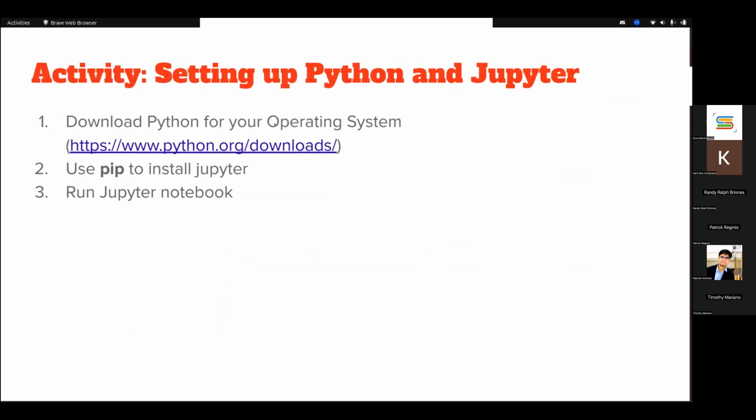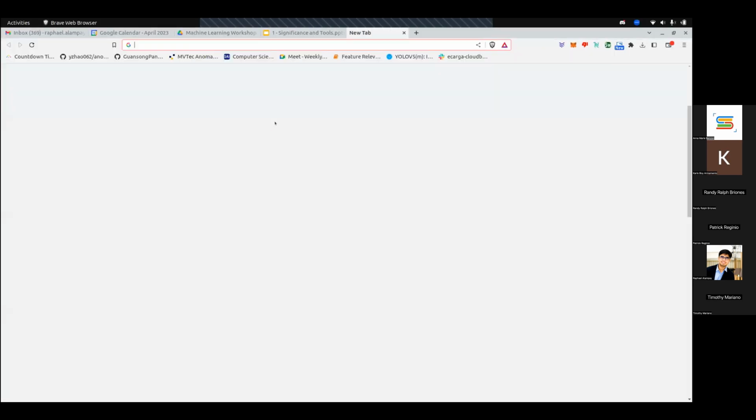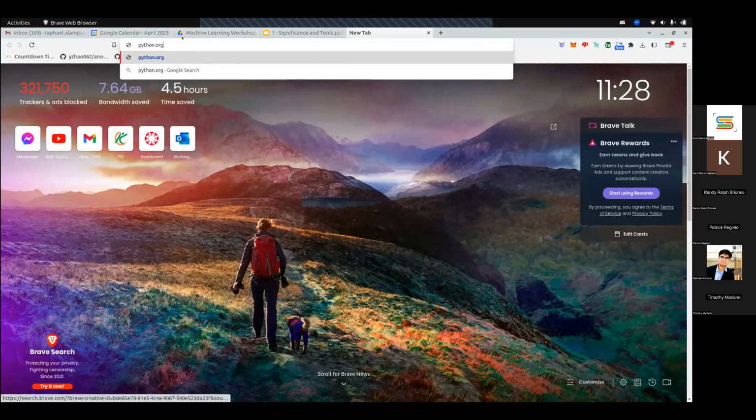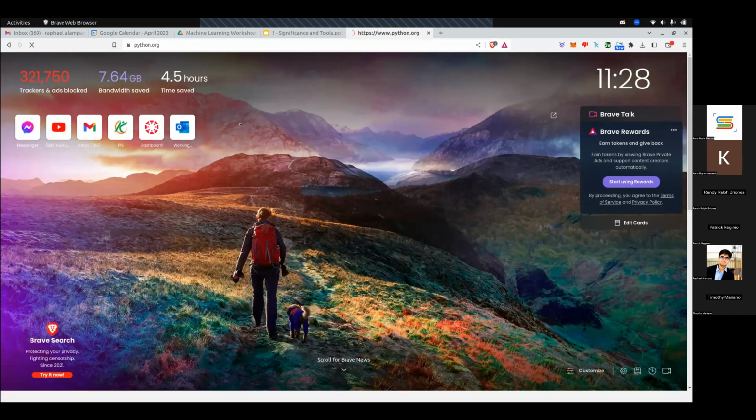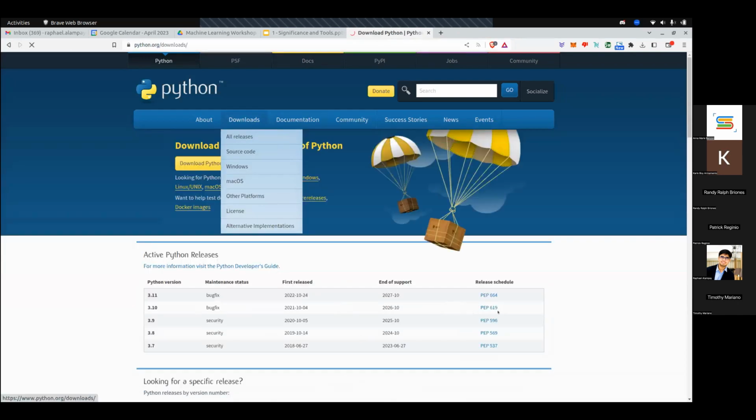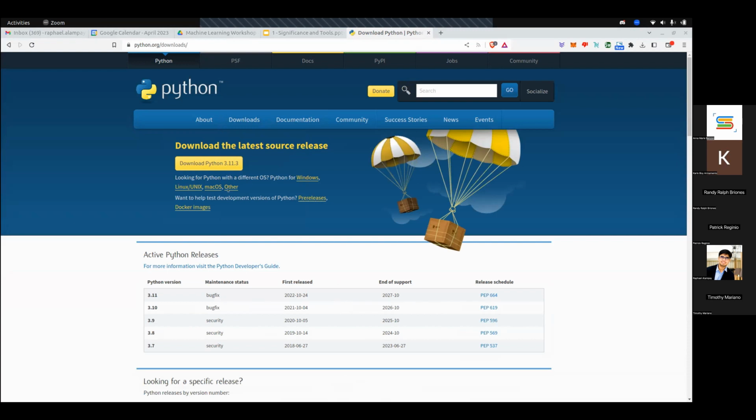So, puntahan ko lang. So, punta lang kayo dito sa downloads. I'll post the link in the chat. Now, the latest, I think, is 3.11, if I'm not mistaken. Depending on what you're using, Windows, Linux, or Mac, just download the installer, double click it, install it in your machine. And then for you to verify if it actually works,